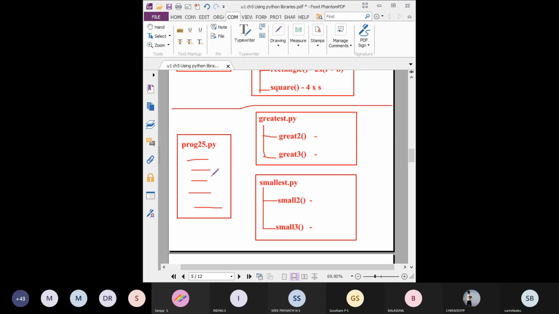So we just completed the library chapter. Students, any doubts in this library chapter? This is how we can create our modules. Like this, a lot of modules combined will become a package.